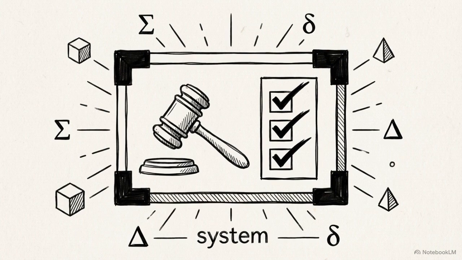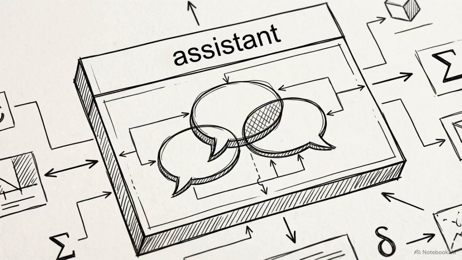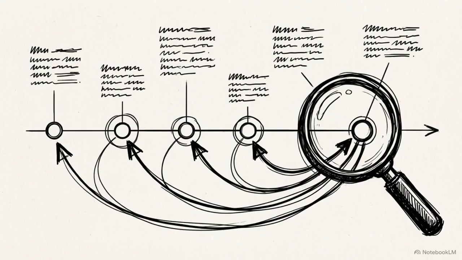Instructional context lives in the system role. It provides the behavioral constitution for the model, establishing the persistent rules, persona, and tone that govern how the final prompt must be interpreted. Conversational context is maintained in the assistant role. This contains the history of the model's previous responses, providing the threaded timeline necessary to resolve co-references and maintain logical